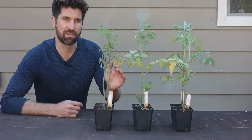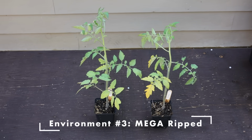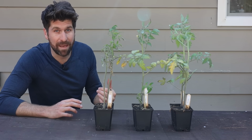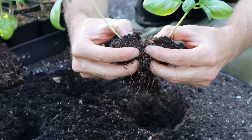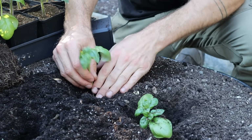So that was interesting to observe as well. And then for environment number 3, the ones that were mega ripped, honestly, both of them are absolutely thriving. And so before we get to digging them up, the big takeaway for me is that I'm going to continue transplanting the way that I have, where I'm separating them at the point of transplanting and doing a bit of that ripping motion, because what I'm seeing is that it's definitely not causing any harm in the tomato or the